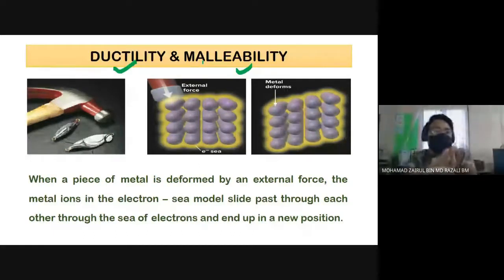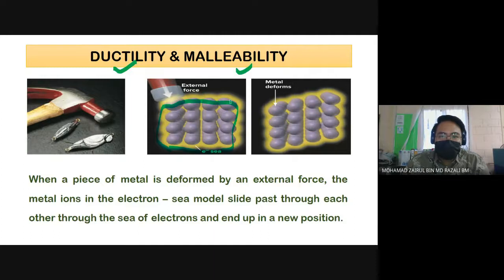Okay, tapi sebab apa metal ini, even awak apply external force, dia susah sangat nak break? Okay, reason dia sebab adalah the presence of the electron-sea model. So contohnya, initially metal tu, each of the positive ion and also the sea of electron tu, yang ini dia digunakan kuning. Kuning sebagai sea of electron. Dia stay. And then when you hammer the metal, that means you apply external force, awak tengok position positive ion tu dah berubah. Tapi dia masih stay. Dia masih stay sebab apa? Sebab the presence of the sea of electron ni yang hold